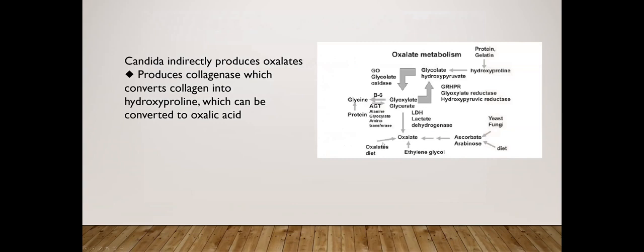Candida can produce oxalates indirectly. It does this by producing collagenase, which converts collagen into hydroxyproline, which can then be converted to oxalic acid. So you look here, if you eat a lot of gelatin or too much protein that has collagen, it can convert to hydroxyproline, and then it can go down this pathway and become glyoxylate, which can then become oxalate. So that's not good. You want this glyoxylate to become glycine,